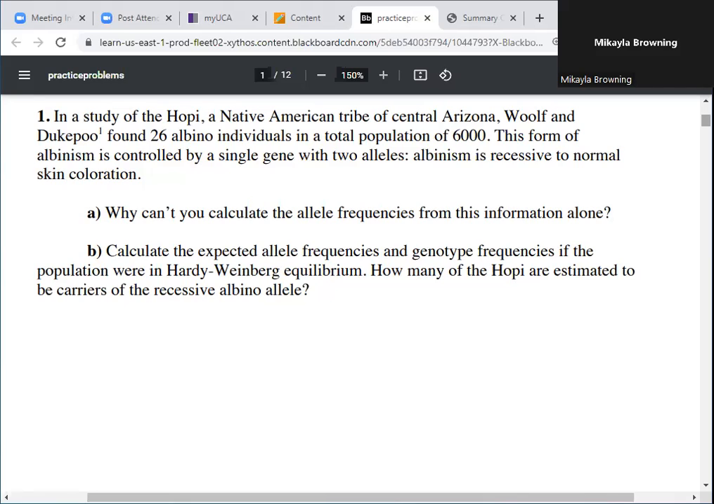Yes, you can't tell the difference between carriers and homozygous dominant people. You can't tell the difference between homozygous dominant and heterozygotes just by looking, right? They're both going to have darker skin, right? Yes? So right away, since we don't know all of the genotypes, we can't solve this problem the way we would a problem with the Dunkers, because you're not being given the genotypes. What we can do